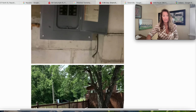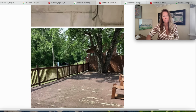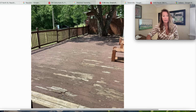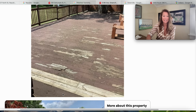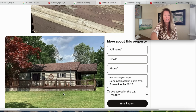$64,900. And there's our deck. That might need a little bit of attention, but I love how they saved the tree and built around it. Yeah, it's going to need some repair. But if you replace this, please leave the tree in place. That's fantastic. I love that. Okay, and there's another view of the outside. This is very clean. This is move-in ready for